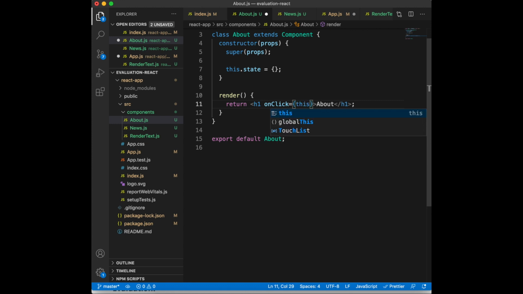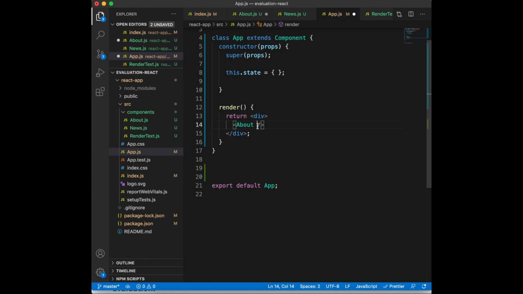My function will be, actually I'm going to create it here first. So the function I want to name this is handle click equals this dot handle click,